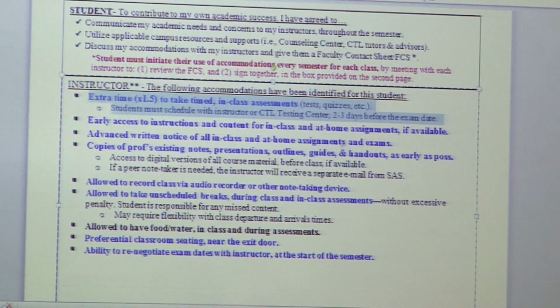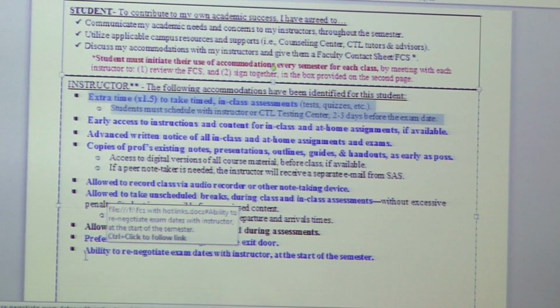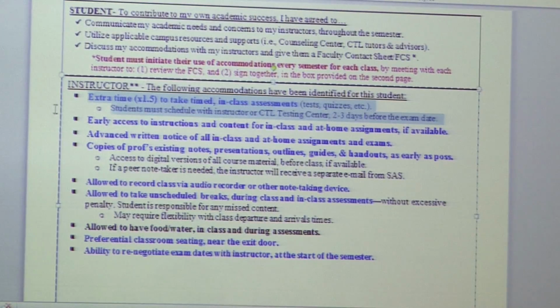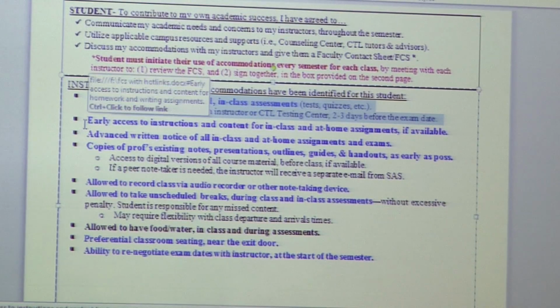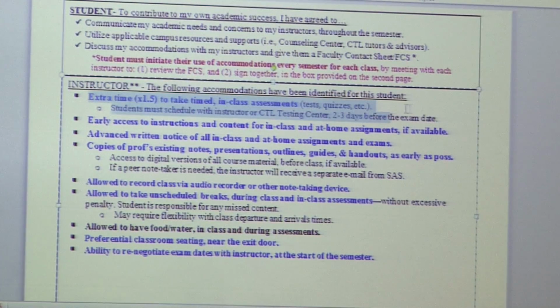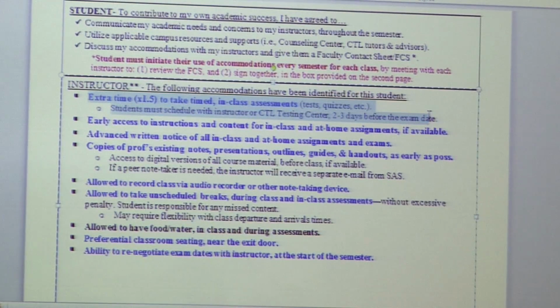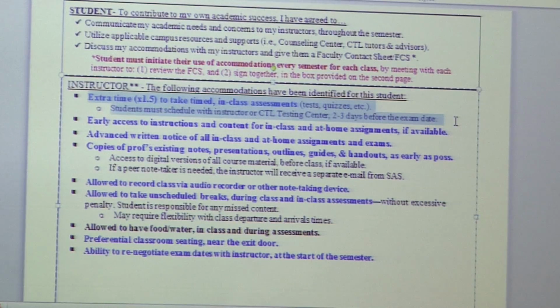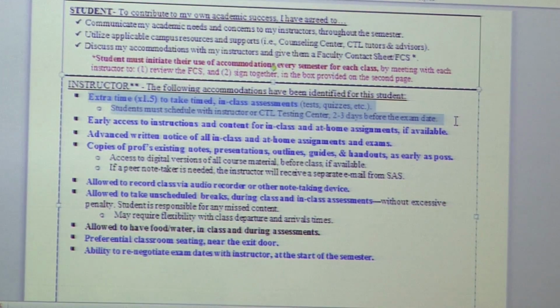Sometimes students confuse this for extra time on homework and projects. It's not. Even though exam time extensions are the most common accommodations, extensions on homework and projects are rare. You don't really find that at every single university, for a variety of reasons, I'm sure you can imagine.